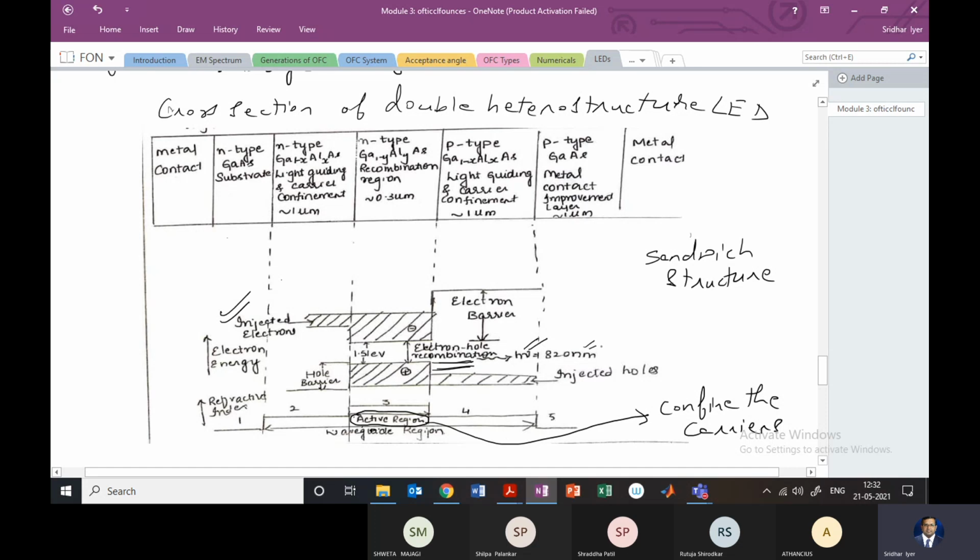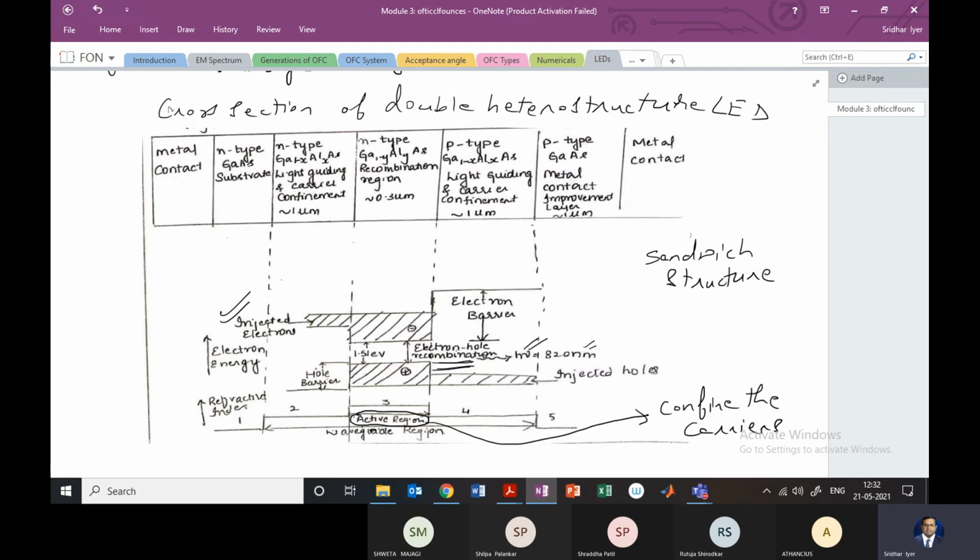This is exactly what I was telling you, that the LED is generally used at lower wavelengths of about 820 or 850 nanometers. The carrier confinement, this is the most important point. The carrier confinement is because of the band gap difference. You can see that we have specified the band gap difference also, and because of which the adjacent layers are going to provide the carrier confinement.